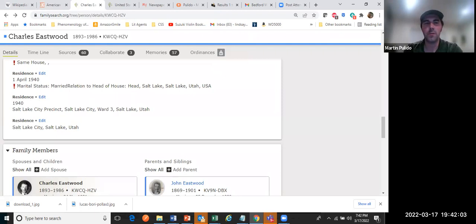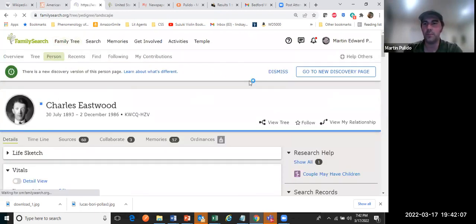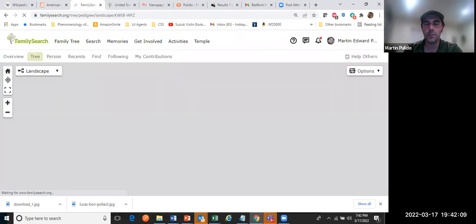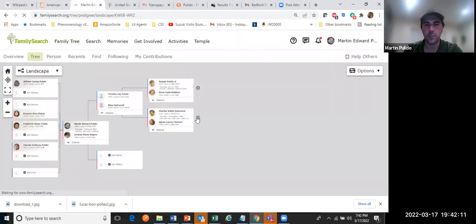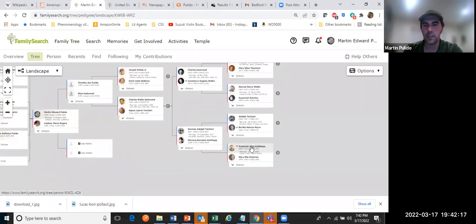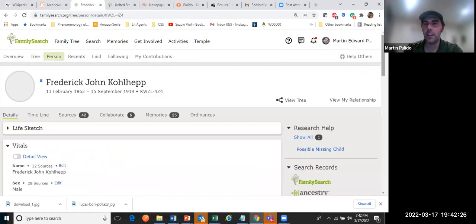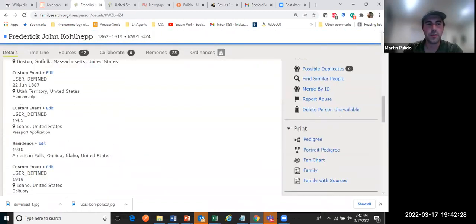So as I was saying, when we search here, it's always nice to have the tree pulled up. I'm sure I could just search for the name that way, but I'm old school and go through it this way. This is Frederick. Now there's that lovely nickname piece I was talking about.